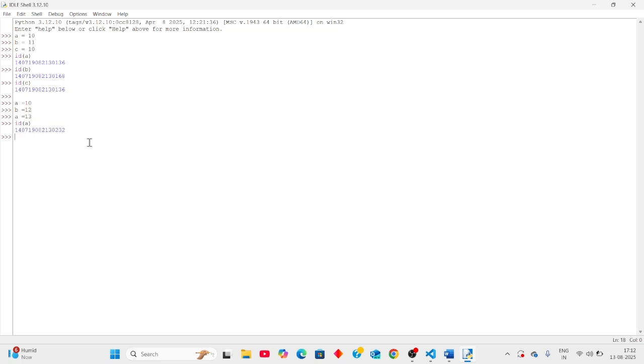A duplicate memory location cannot be created. If we try to create one, the old value will be overridden with the new value, and if any value does not have any reference, then it goes to garbage. The old value of A will be changed into the new value 13, and the value 10 will go to the garbage area. Okay, clear?